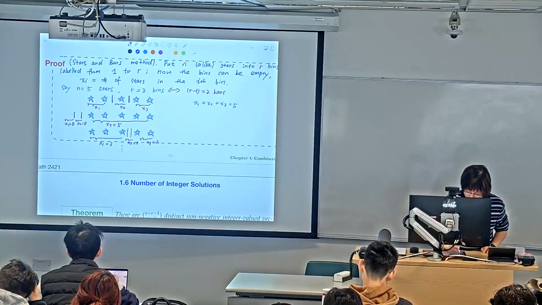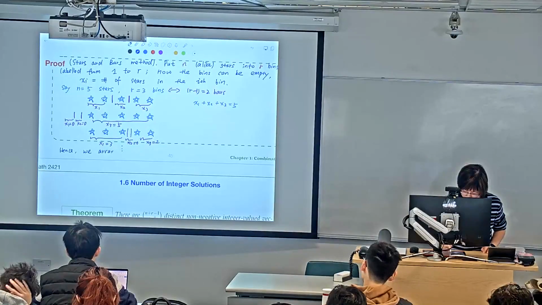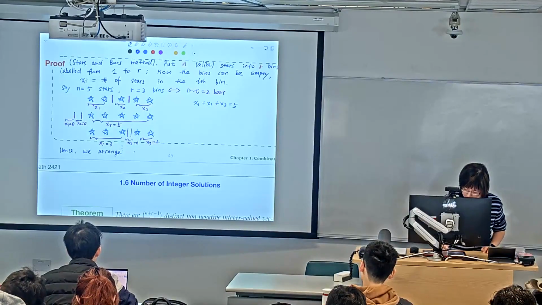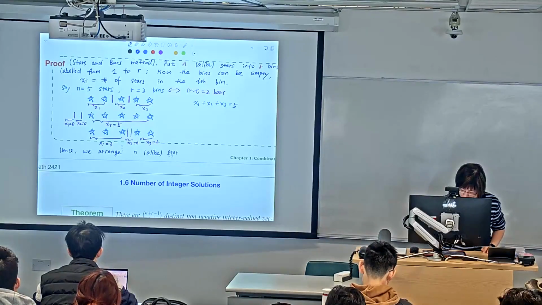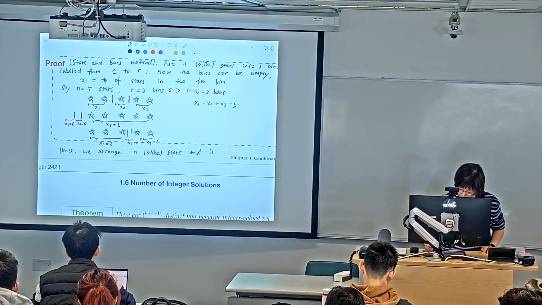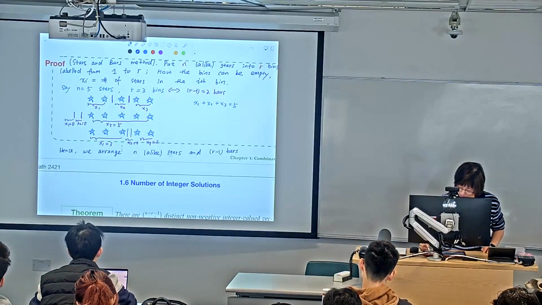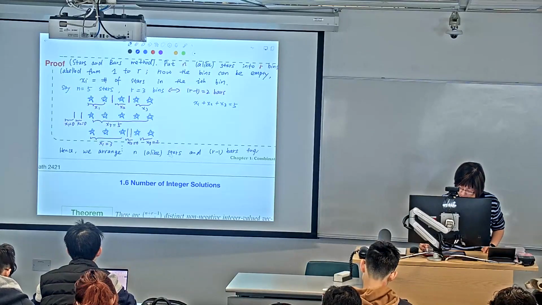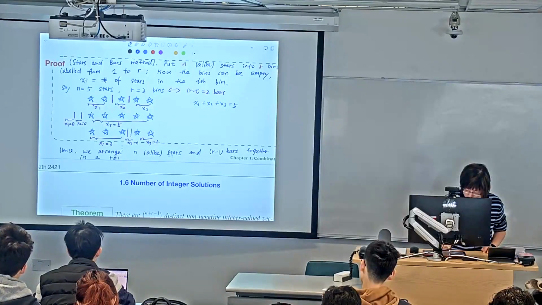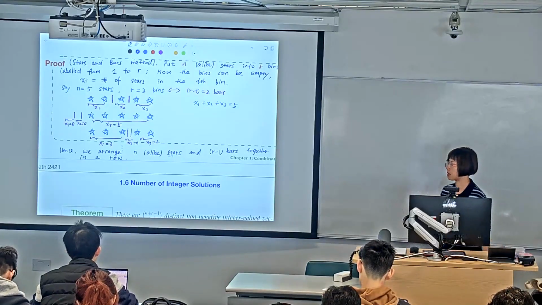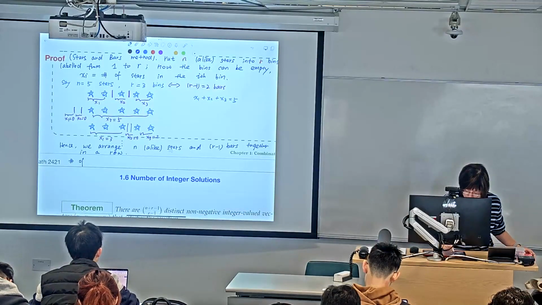We arrange these 7 objects together in a line. So how to solve it is we arrange these n alike stars and r minus 1 bars together in a row. Okay, and find out how many arrangements are possible. So the number of such arrangements